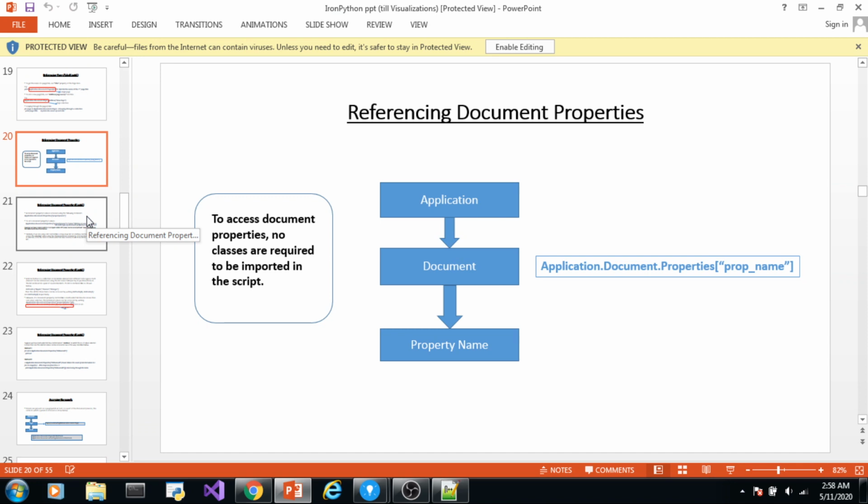Because in my experience, I have seen that sometimes when I don't import the classes from the application library and I write just these two lines, document.properties and property name, it throws some error related to definition, and when I write a fully qualified name, the error goes. So I recommend using fully qualified name.